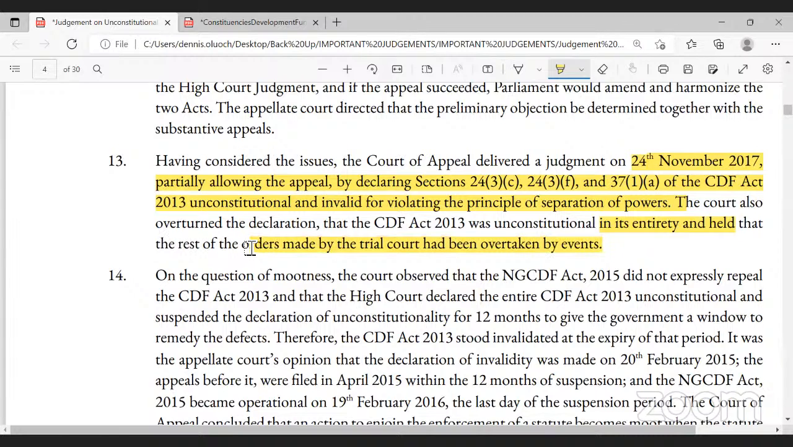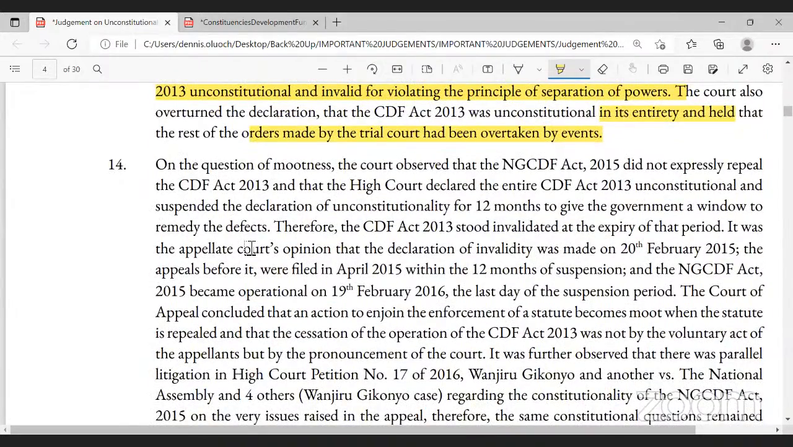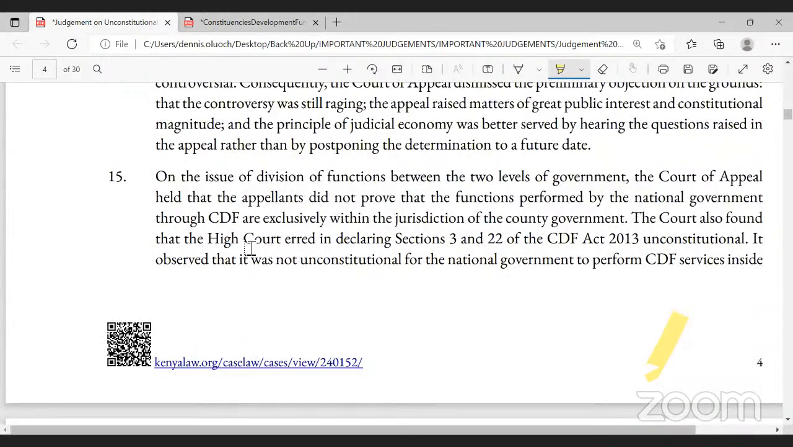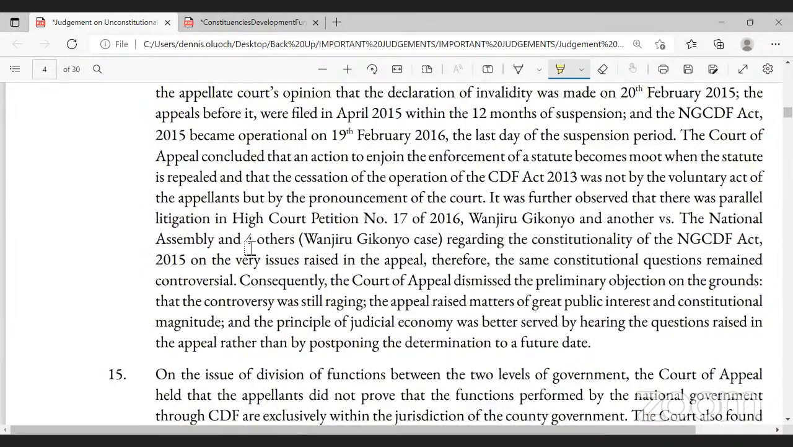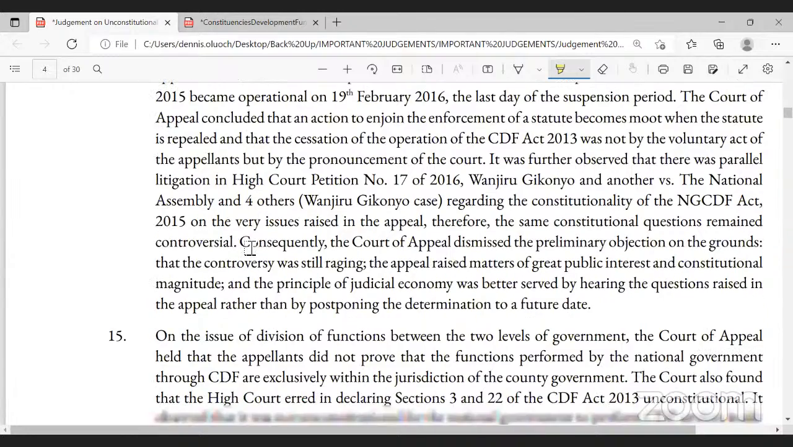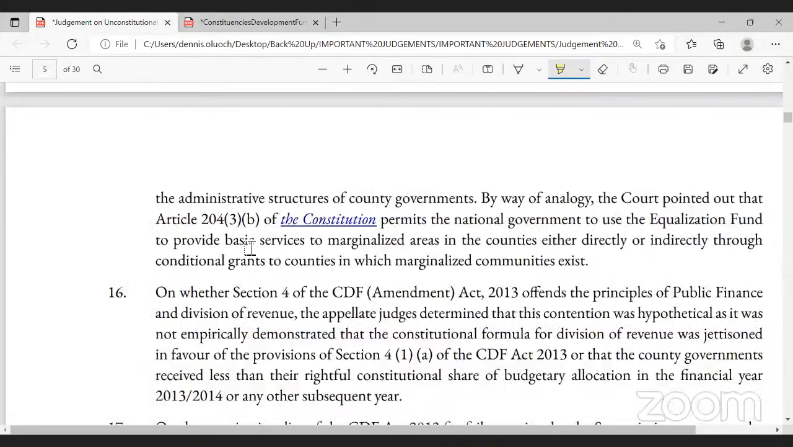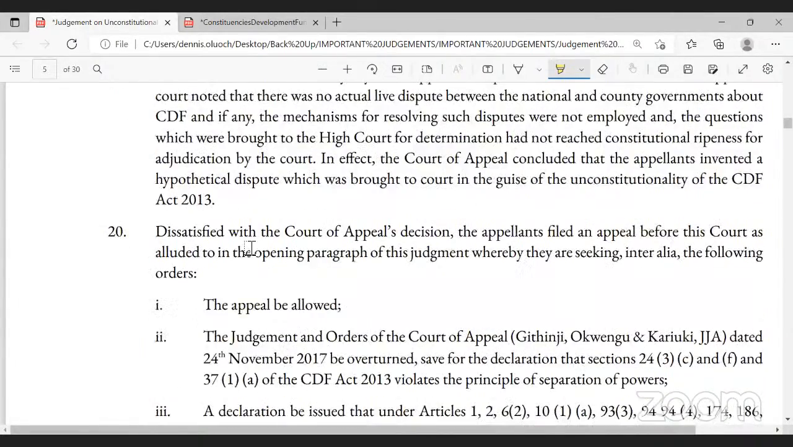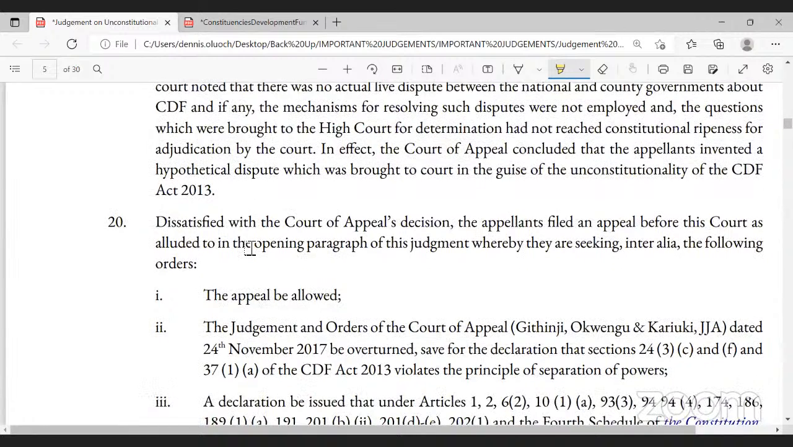And so we find that after the Court of Appeal delivered this judgment, there is an explanation, as you are going to see. Once a judgment is given, there must be the details of the same, and that is given there. So you'll see the details up to, say, note 20, note 19, and then, dissatisfied with the Court of Appeal's decision,